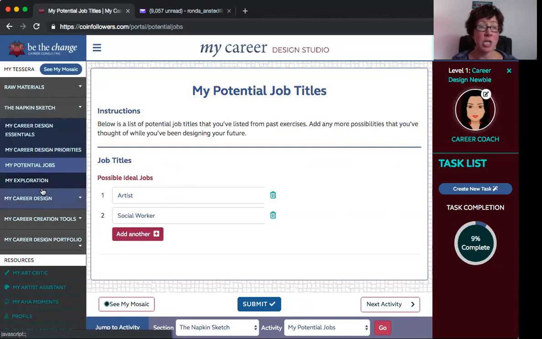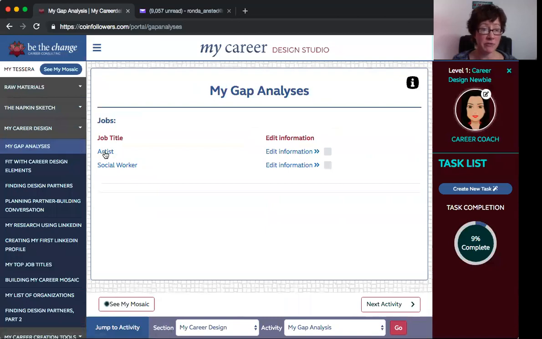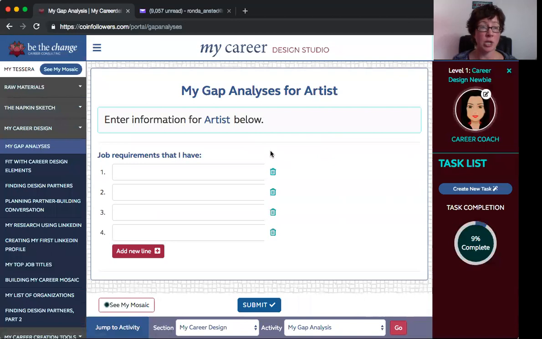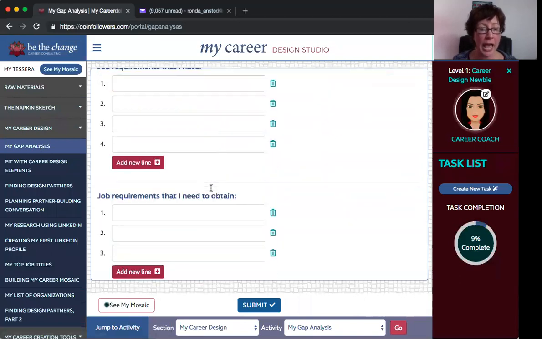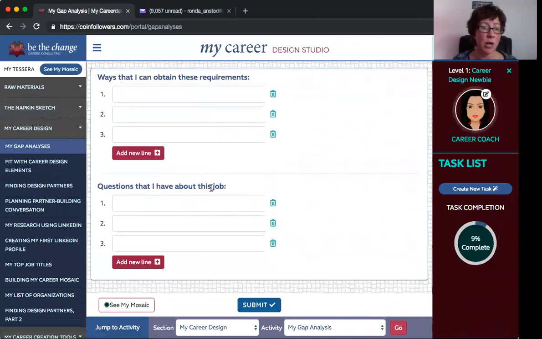And then once you get to the career design and gap analysis, then you've got these different jobs. And then if you go to edit information, then you can talk about the job requirements that I have, what I need to obtain, and ways that I can meet those requirements. And then questions that I